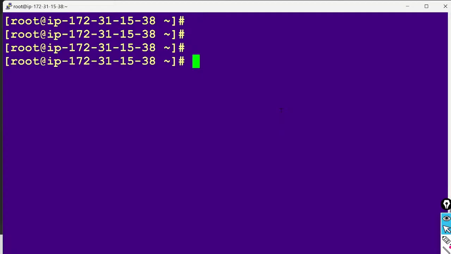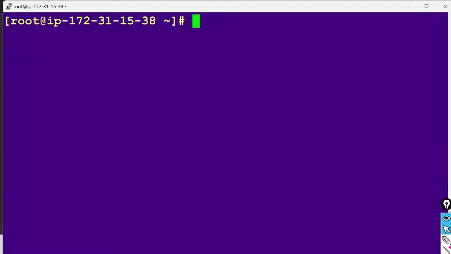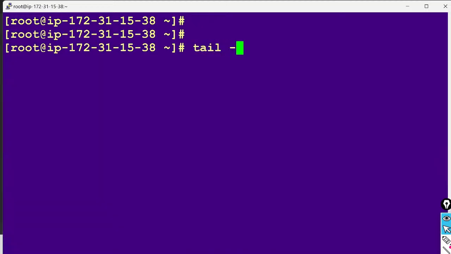But sir, how to check the users? Tail /etc/passwd checks all the users, or you can say tail -5 /etc/passwd also. Sir, what is the difference between tail and tail -5?